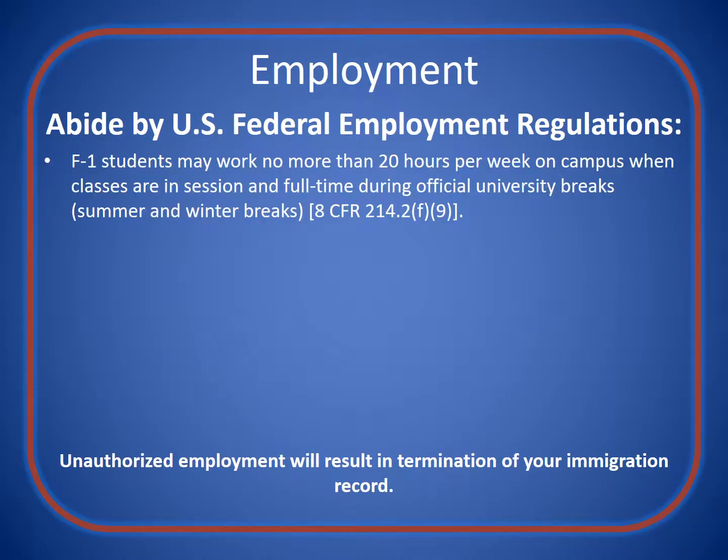F-1 students may work no more than 20 hours per week on campus when classes are in session, and full-time during the university breaks, summer and winter breaks. There is no exception to this rule. If a student gets approval from a supervisor to work more than 20 hours per week, this is not acceptable